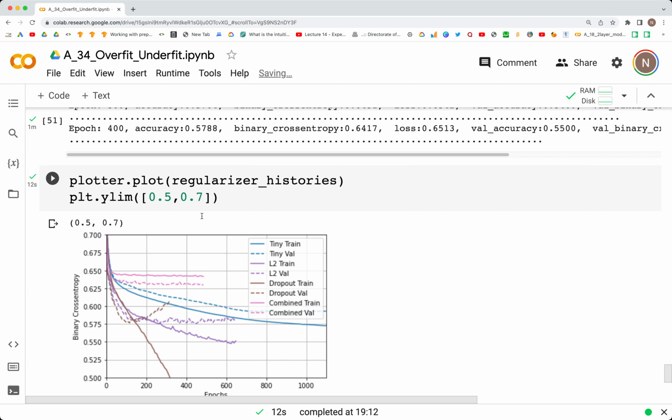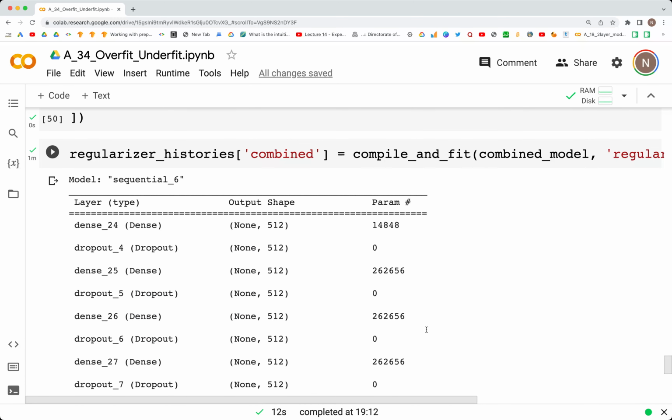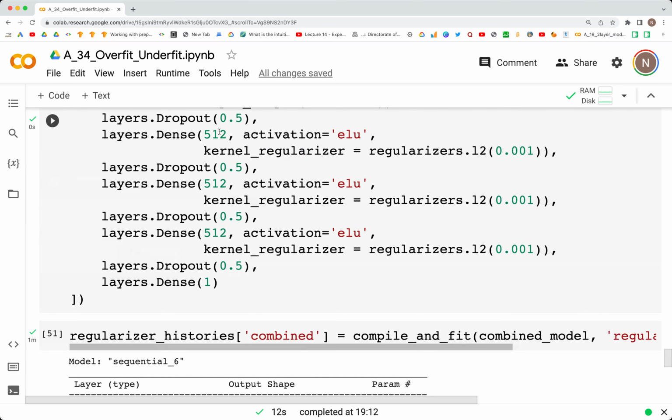again, this is the combined model. The combined model is this one, which is the pink color, and the loss is still higher in this case. I wonder why. So we have the combined model, and I'm wondering what's going on with this one. So we have the 512, 512. We have that